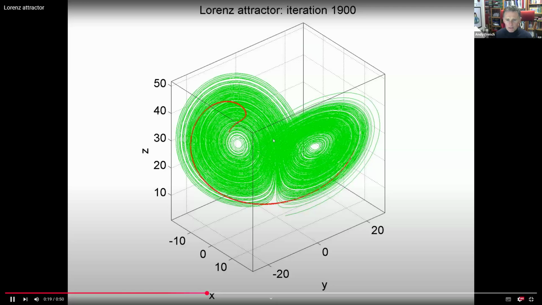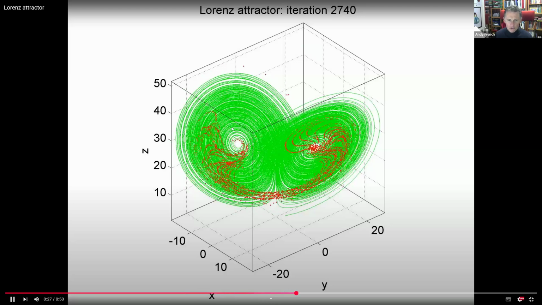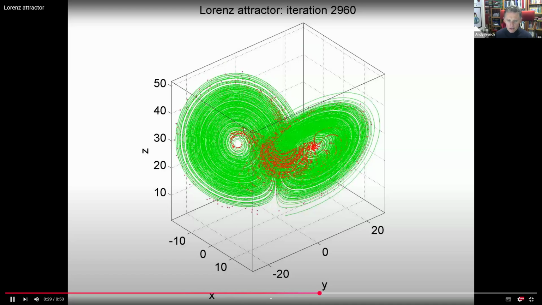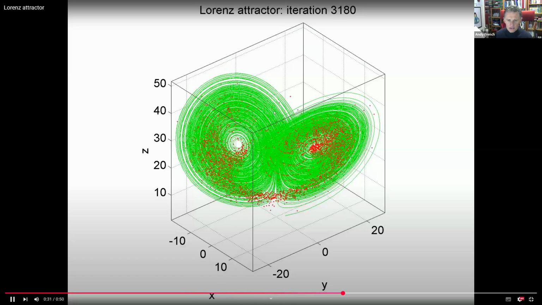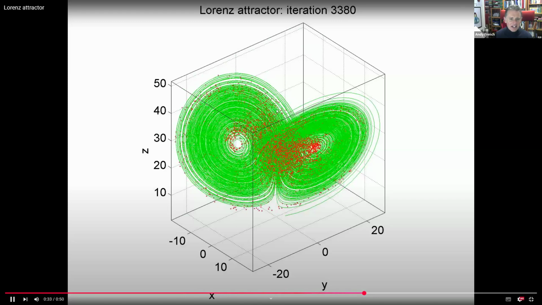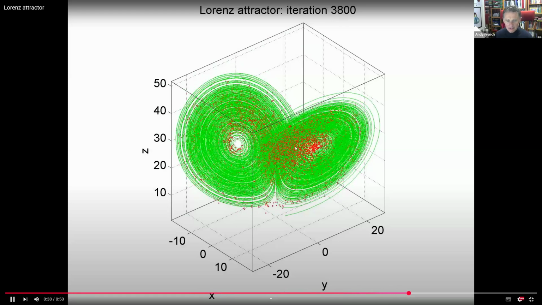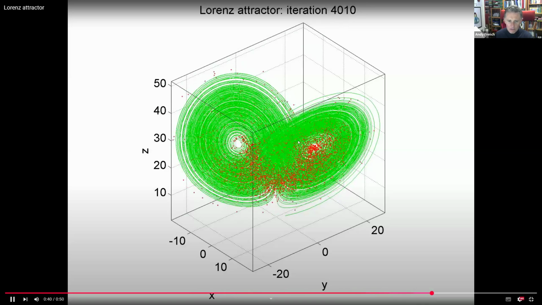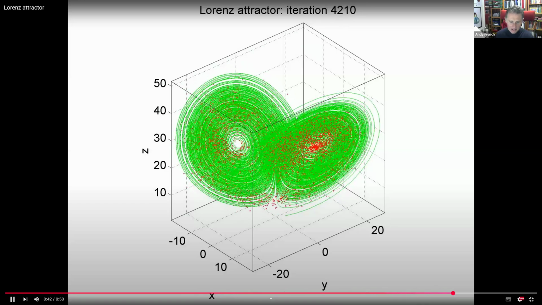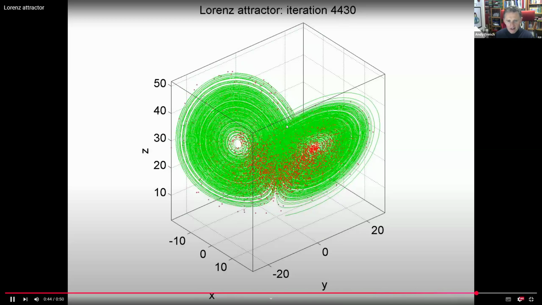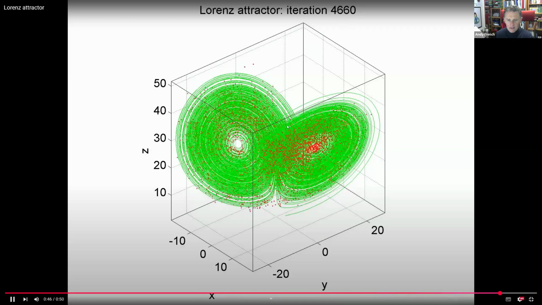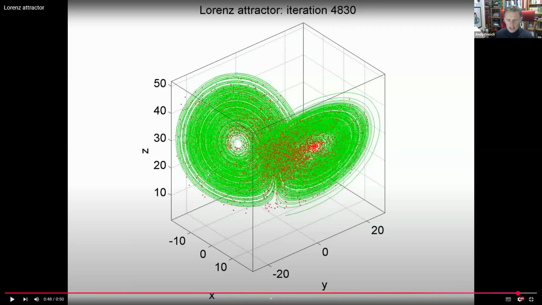What I'm plotting in the green is a trajectory. I can't remember if I've overlaid several trajectories or just one over many. I think it's just one trajectory, but for a long time. So you can see how it ends up. It attracts, in some sense, what's happening to my particles. So there we go. There are a lot more tropes and ideas that come under the umbrella of chaos theory, but this illustrates some simple things.